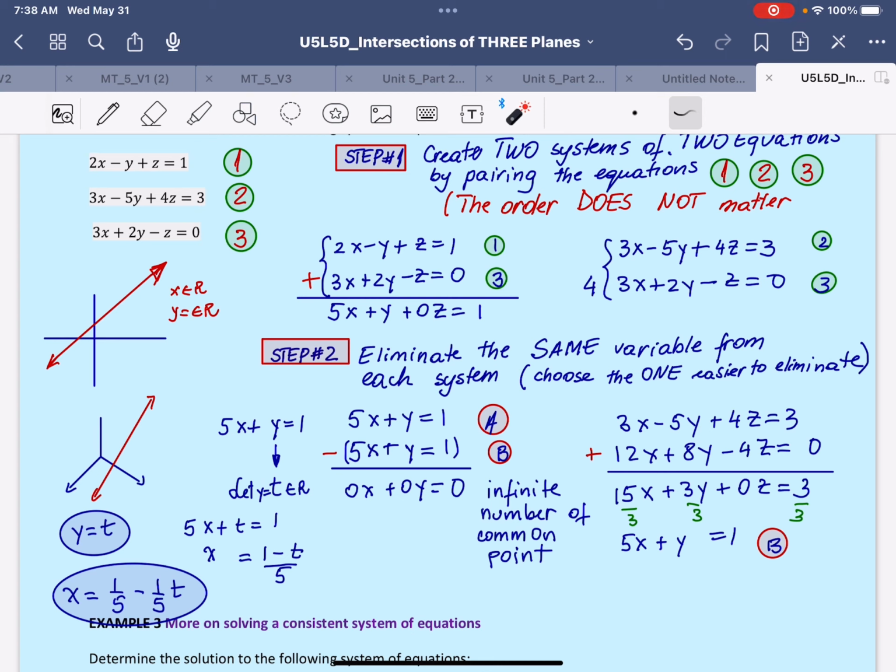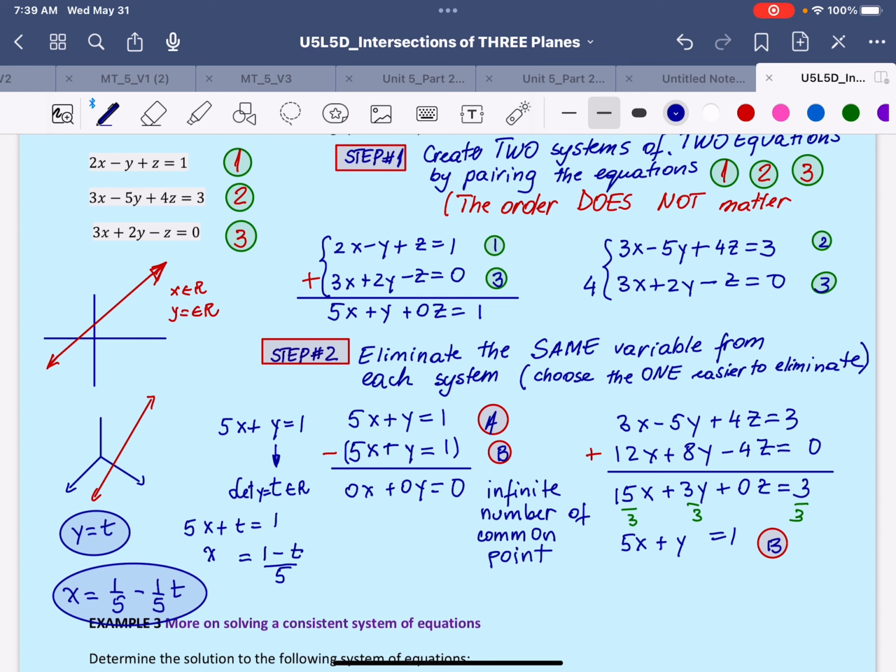Choose the equation that gives you less work with all the other terms to simplify. I would choose equation 1 here because z is already positive. So if y is some number t and x equals 1/5 minus 1/5 of t,